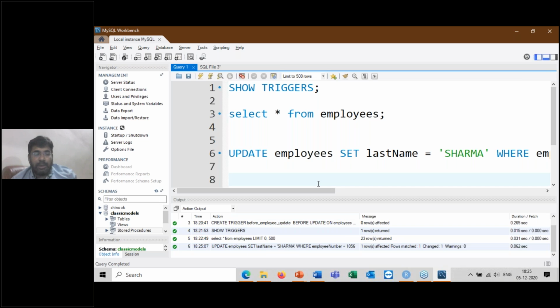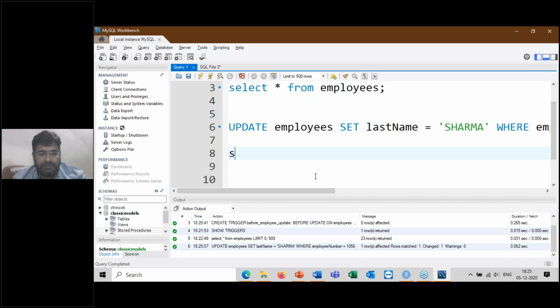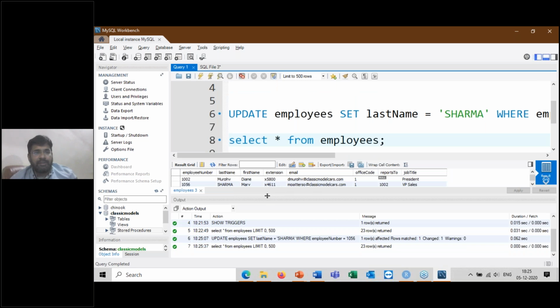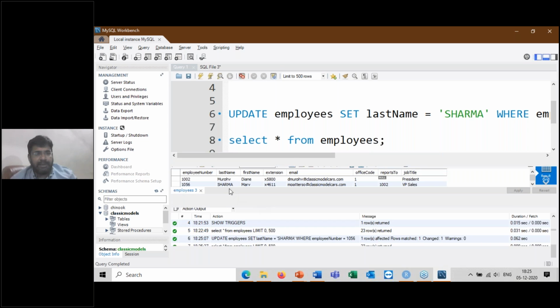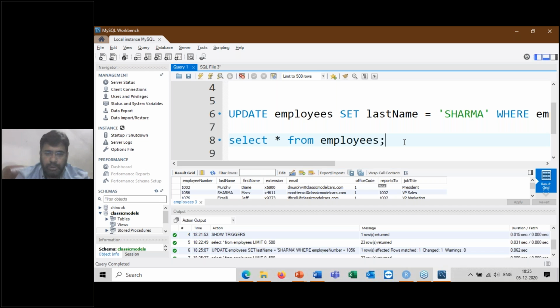And another entry will be created in the employees audit table. So let us see first, select star from employees. Okay, let us again check the employees. We will see that Mr. Patterson has become Mr. Sharma now. Okay, 1056 automatically has become Mr. Sharma. Also, if I select star from employees underscore audit,